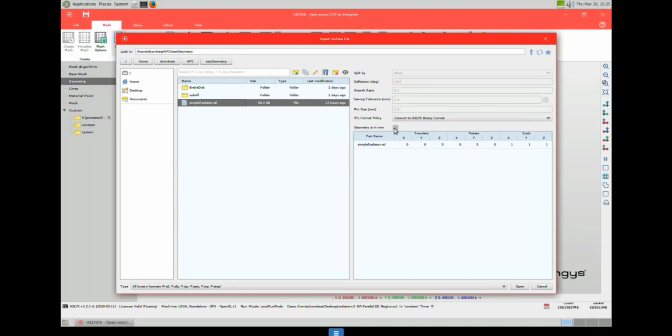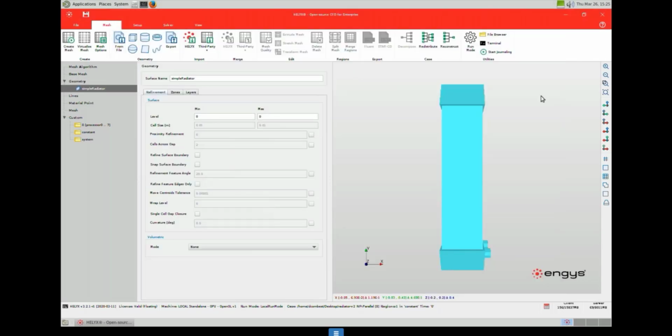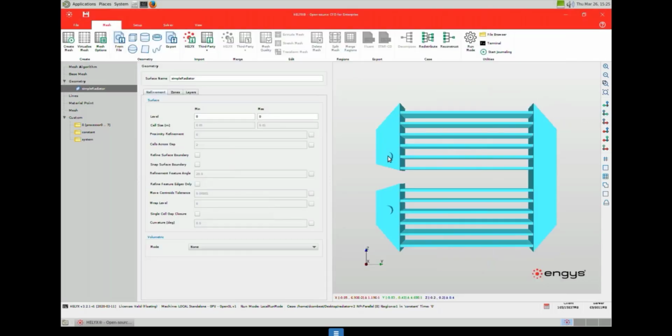Next, we can select if the geometry is in millimeters. If we don't select this and then we find out that the length scale is wrong, we can just right click on the geometry and actually change that. I know this is in millimeters, so we're automatically going to scale things. Let's just hit open. So here we've got a simple radiator. It's all one